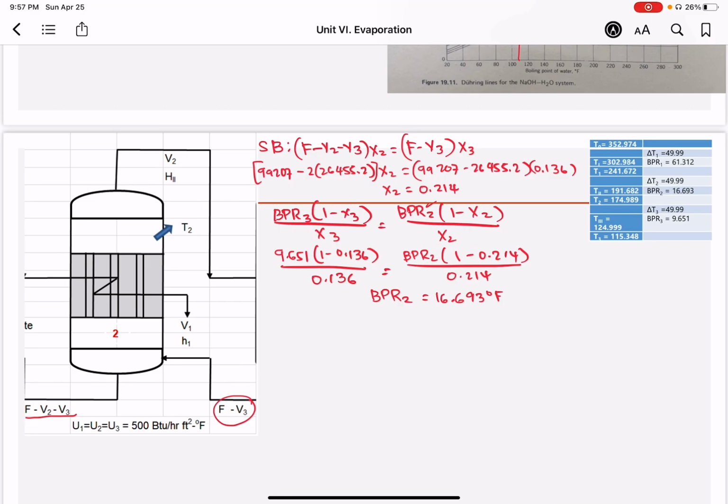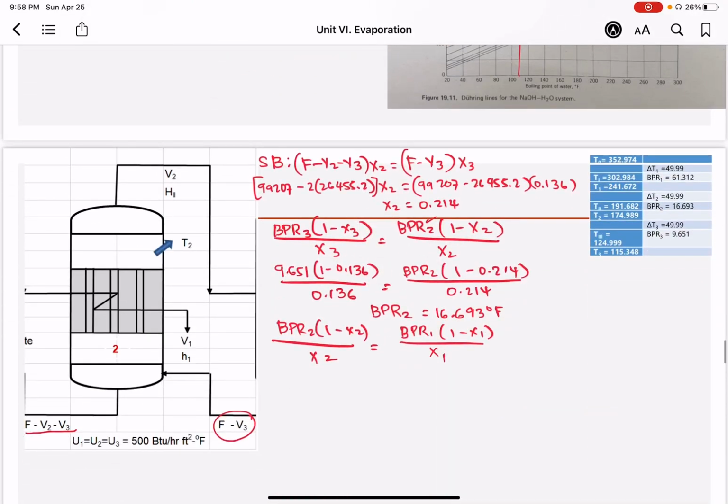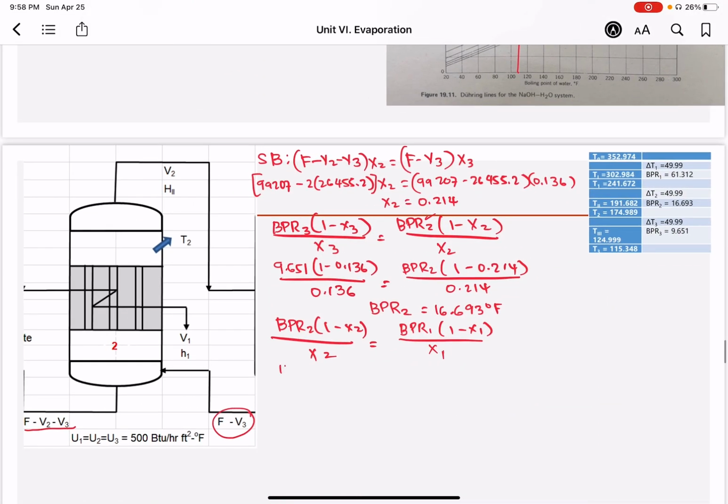So the same formula applies for me to get your BPR1. I could use the BPR2 relationship. So I have BPR2, 1 minus x2 over x2 is equivalent to BPR1, 1 minus x1 all over x1. You know x1, of course, to be equivalent to 50%. So that I would have 16.693, 1 minus 0.214 all over 0.214 is equivalent to the unknown BPR1, 1 minus 0.5 all over 0.5. You get BPR1 to be